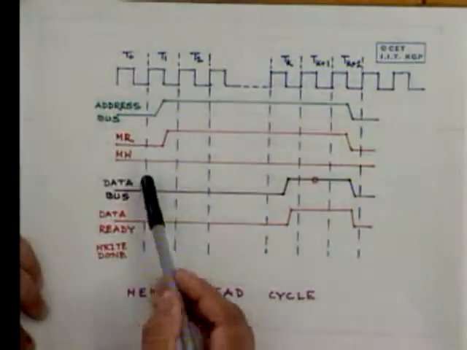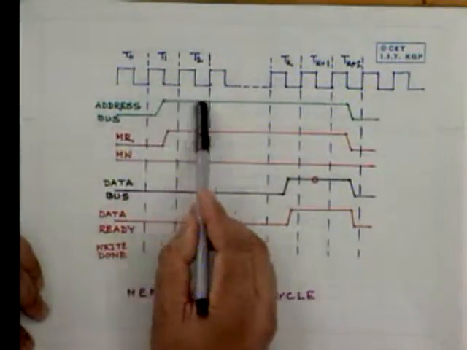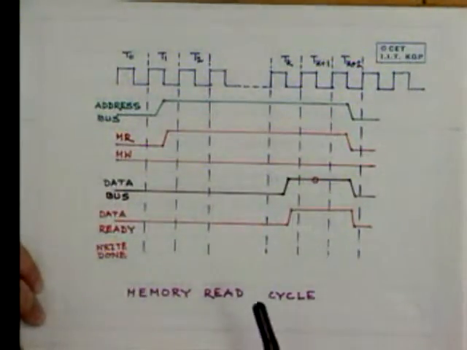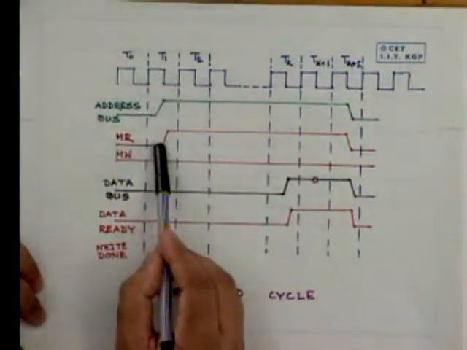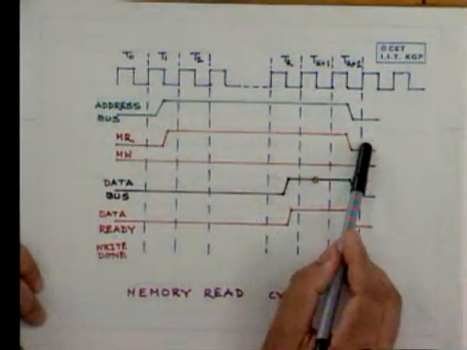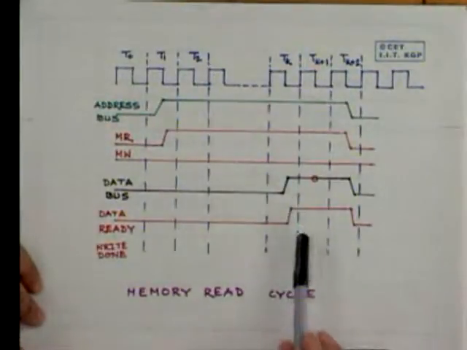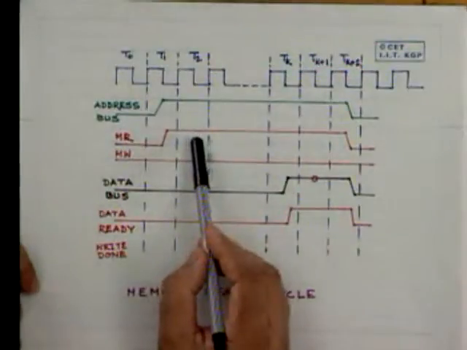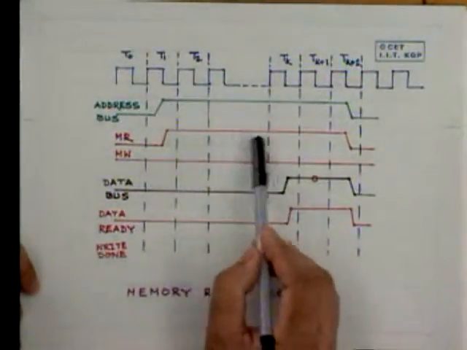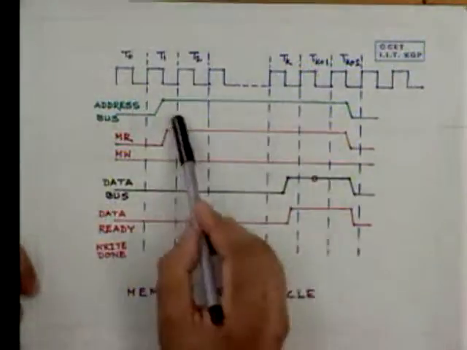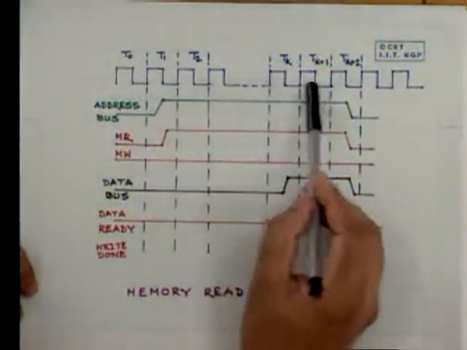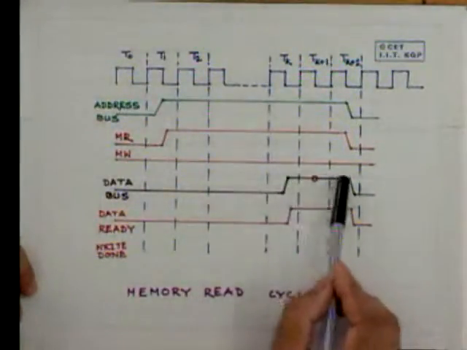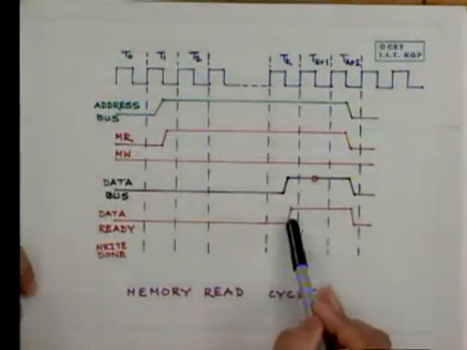In that case, you see that after the address is thrown in the address bus, and it says that a memory read is necessary, the memory, after getting a request for memory read, may need many timing states. These timing states are the machine timing states, that means the CPU timing states. And when the data is ready, the signal comes to the data bus and the memory informs that